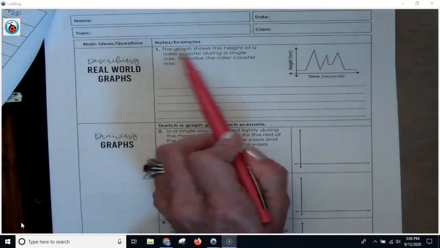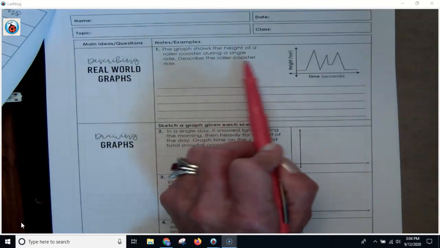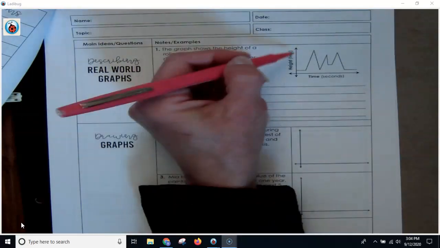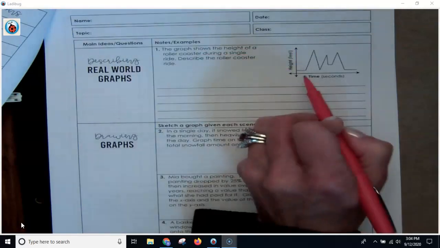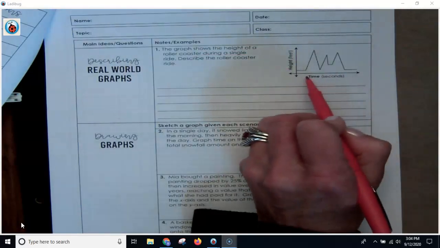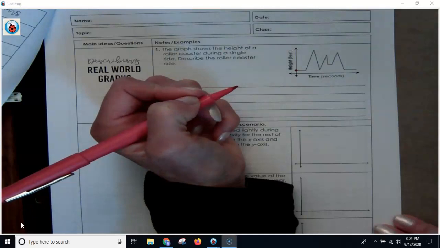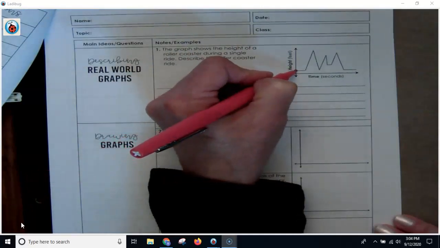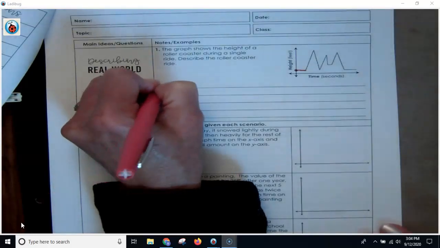So here the graph shows the height of a roller coaster during a single ride. Describe the roller coaster ride. So we're looking at this graph over here. This is the height in feet. This is the time in seconds. So as you can kind of imagine, this is when you're getting on the ride at this point, right? And this is kind of what the roller coaster is doing. So during this part, you can see, okay, getting on the ride, the roller coaster